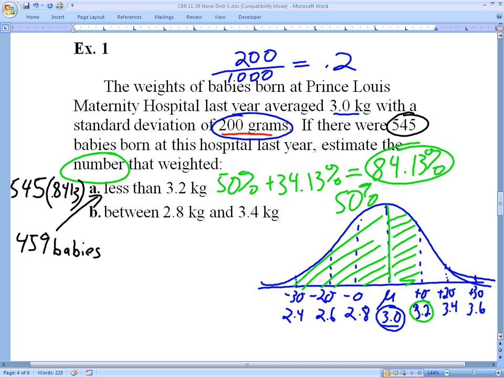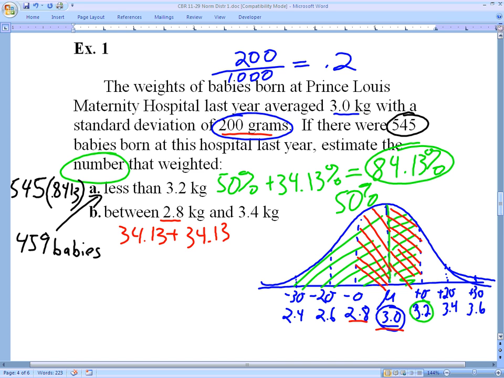Well, I'll shade with a different color. I'll use the red here this time. 2.8, that's one standard deviation to the left. And we know that there should be, again, 34.13% between the 2.8 and our mean, which was 3.0. But I also need to go to the right, and I have another standard deviation to the right, which is going to be another